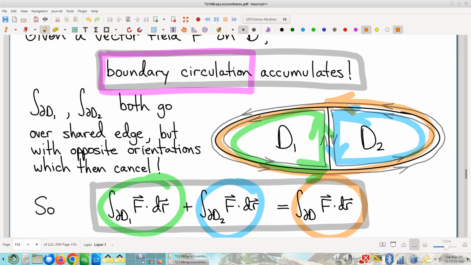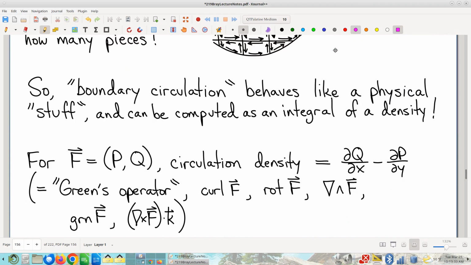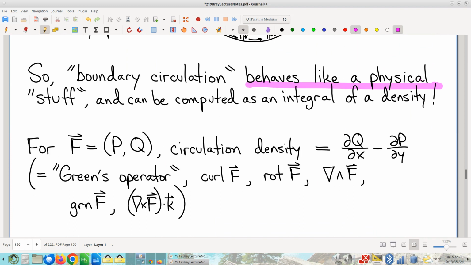Thankfully, according to the convention about orientations, where orientations give you minus signs if you put them the other way, etc., because it's an accumulating quantity, we just get to instantly say, hey, you know what? That behaves like a physical stuff. I can talk about its corresponding density. I can then compute it as an integral of that density. That's all, boom, snap, instantaneous, free. Because of what we've already shown about the broadly general abstract notion of an accumulating quantity. Free theorem.